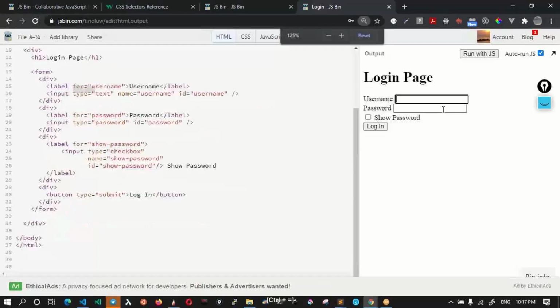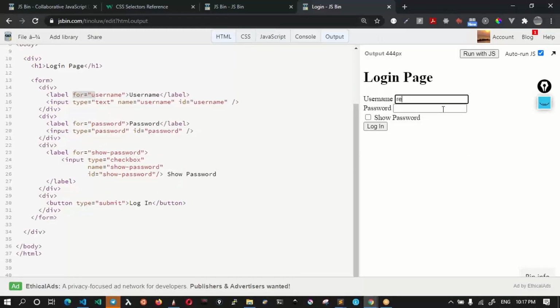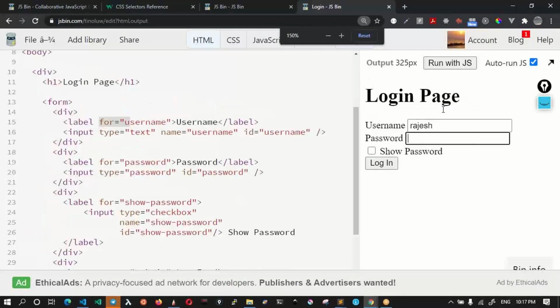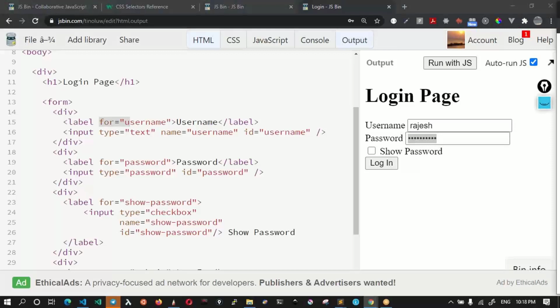Okay, now comes the most important part. So what I want is whatever username I have here, that's okay. But the moment I type some password and when I click on this show password, this password should be displayed in clear text. When I uncheck the show password, this password should again be scrambled. Okay, this is my technical requirement. Is this requirement clear to everyone so far? Great. Okay, let's continue now.